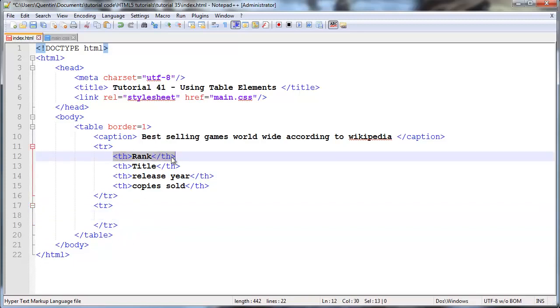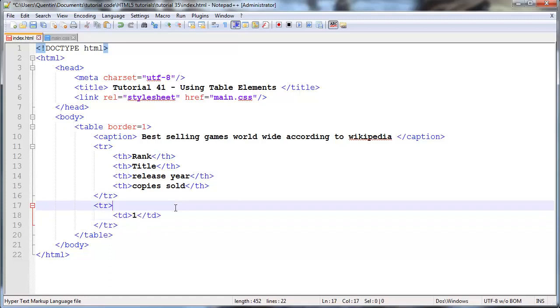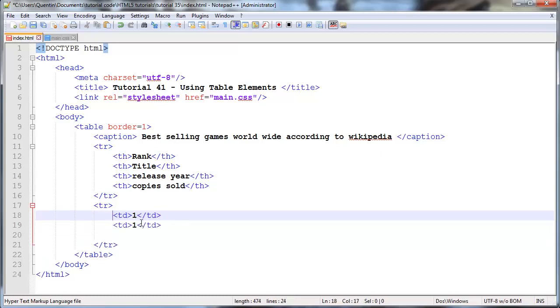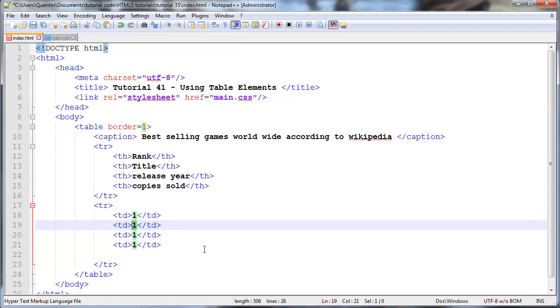So the first thing we have to do is give this table data a rank. Okay, so table data is going to be our first cell, and the rank is obviously going to be 1 because this is our first actual game that we're putting in here, so it's going to be the one that's ranked at the top. Okay, then we're going to create another table data, and to be honest I think we should just duplicate this a couple times. So 4, okay, that's fine. So the title of the best-selling game worldwide, funny enough, is Tetris, and that was released